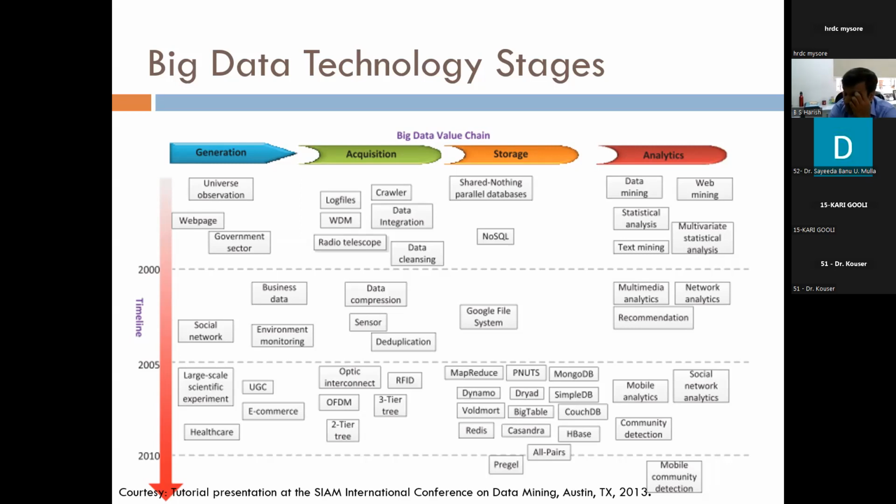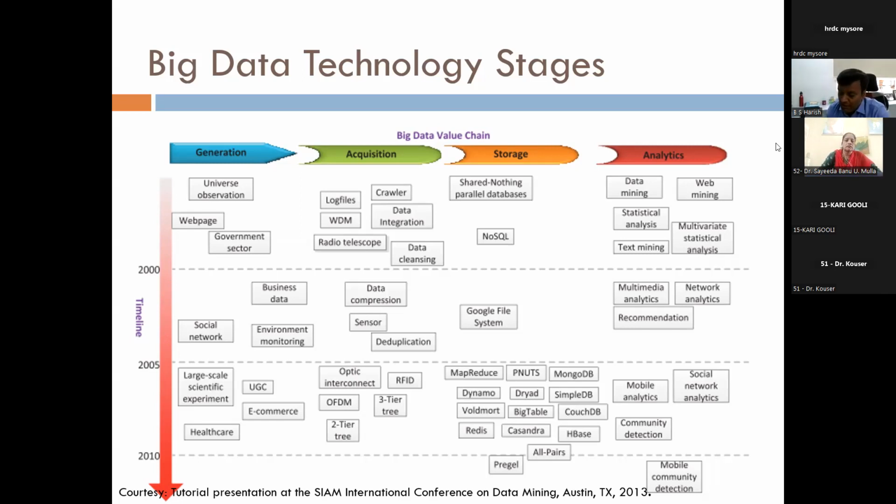So, what I request of the other participants, even though you are not from the field of computer science, is that you need not worry about the internal part of this diagram, but you need to worry about this timeline. As time progresses, the data is getting increased. As the data increases, the horizontal line, which comes with the different techniques, also plays a very crucial role. That obviously refers to the generation.